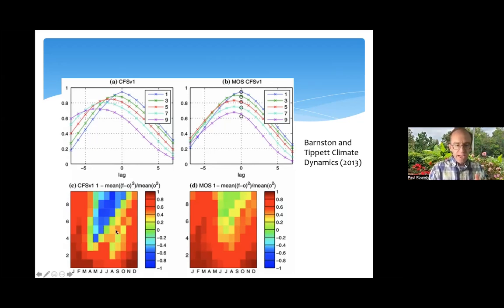These are correlation skill diagrams showing that for forecasts initialized this time of year looking forward, the skill is negative. This is CFSv1, but all models are basically similar to this in terms of the basic structure: you can predict ENSO really well when you're in the thick of a stable event, not when you're not.